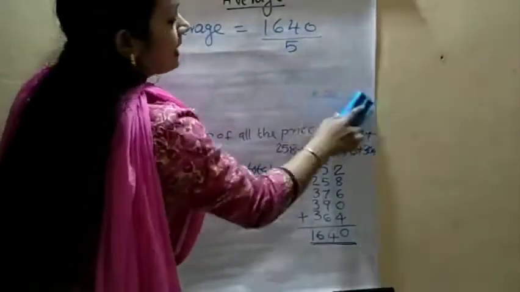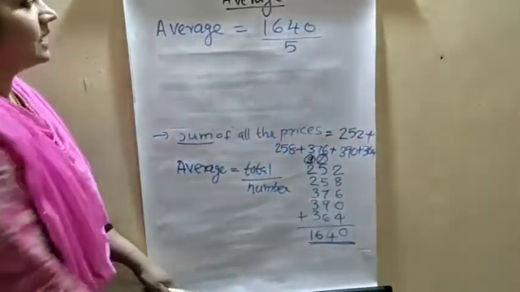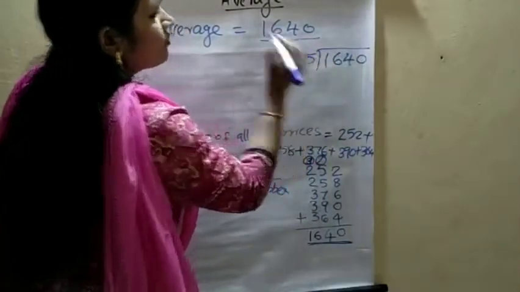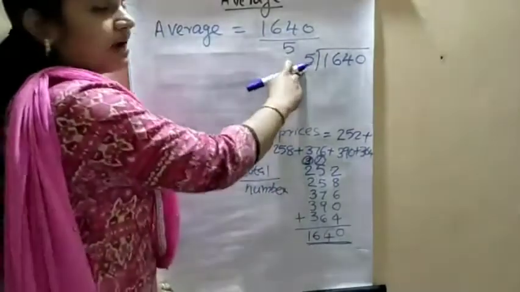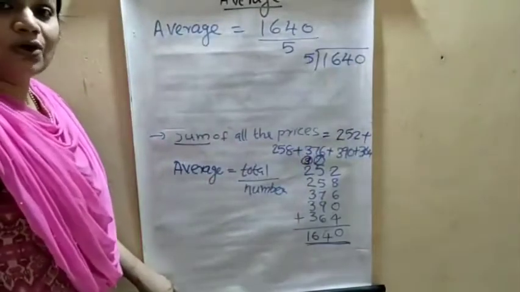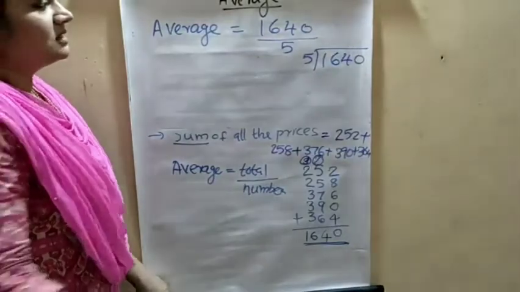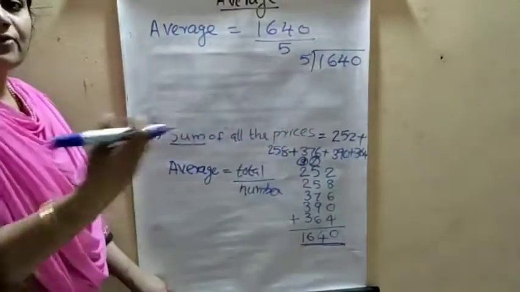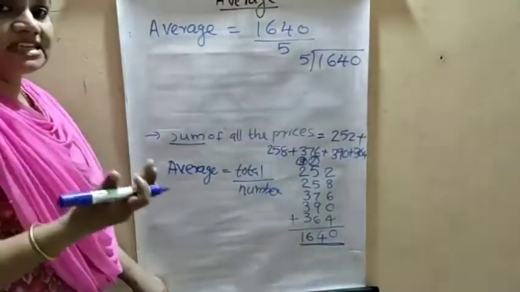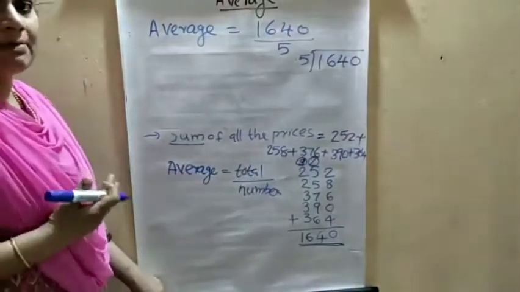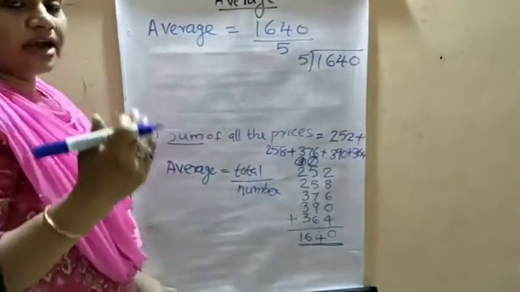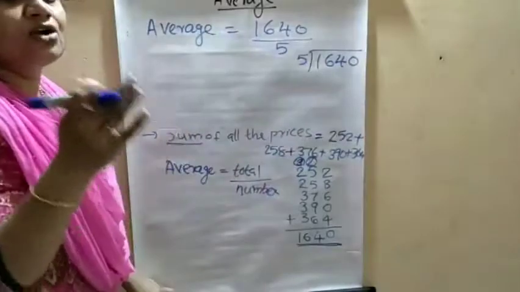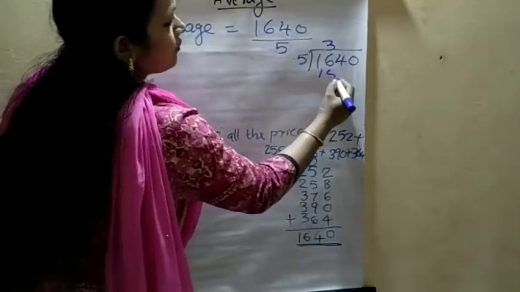First you can study the multiplication table well. Then you do 1640 divided by 5, using the table of 5. Do you know table 5? It's very simple. First of all 16. How many 5s in 16? Say the multiplication table of 5. 5 ones are 5. 5 twos are 10. 5 threes are 15. This is 16, the nearest is 15. So we write 3 here. 15.